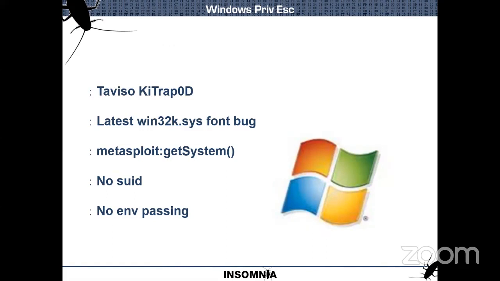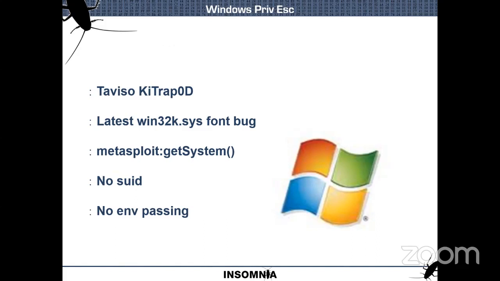There are plenty of kernel bugs, like font parsing bugs, coming out at the moment, which result in privilege escalation on an unpatched system being pretty straightforward as long as you have the exploit. So if Metasploit is your thing, then one command will pop you a privileged shell.